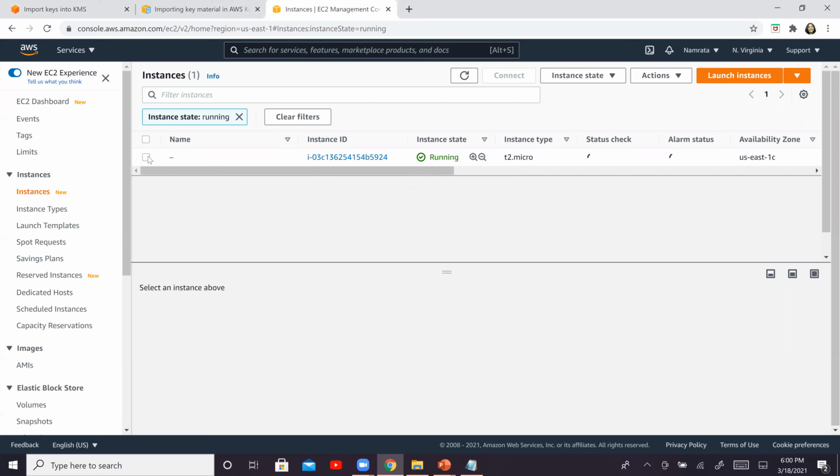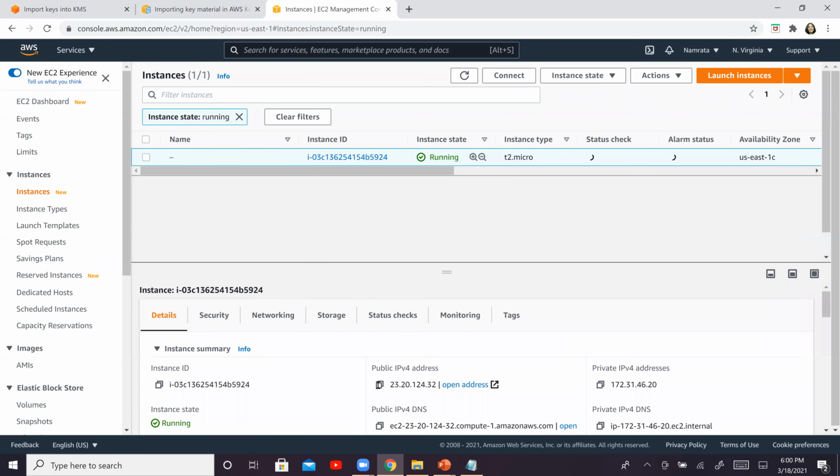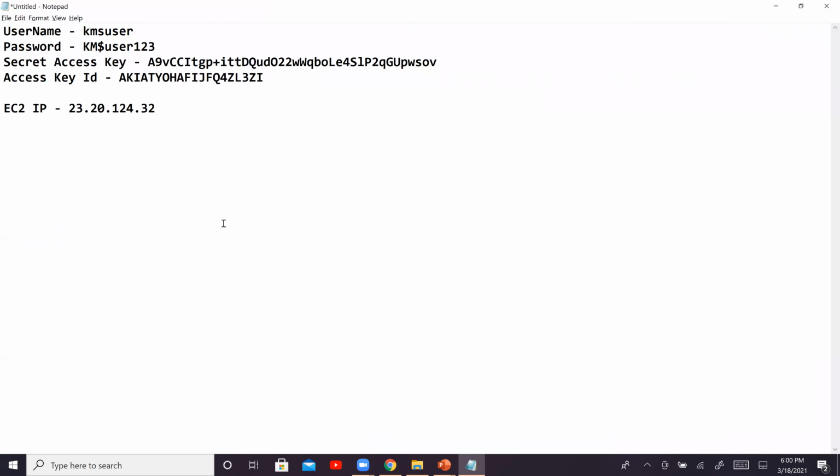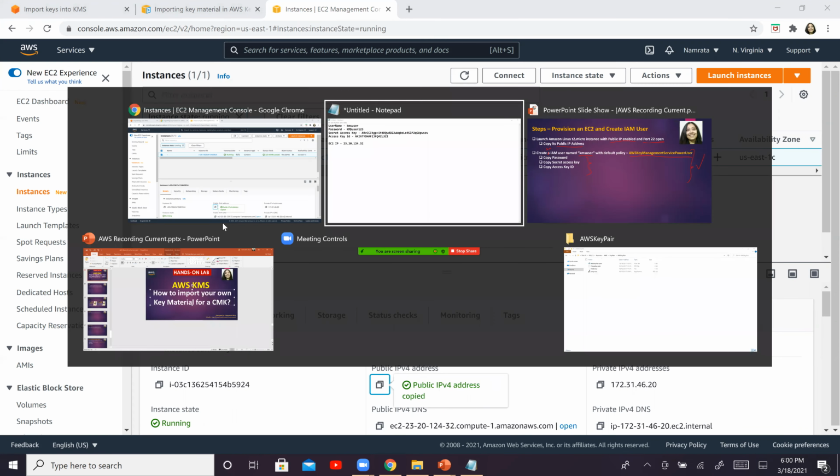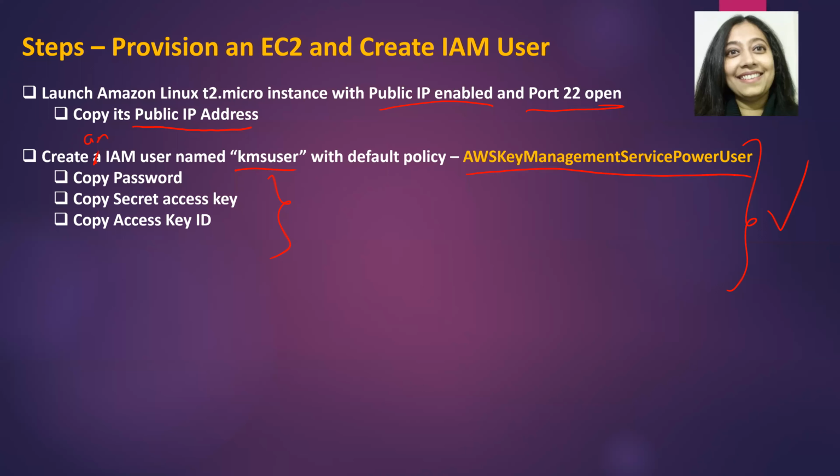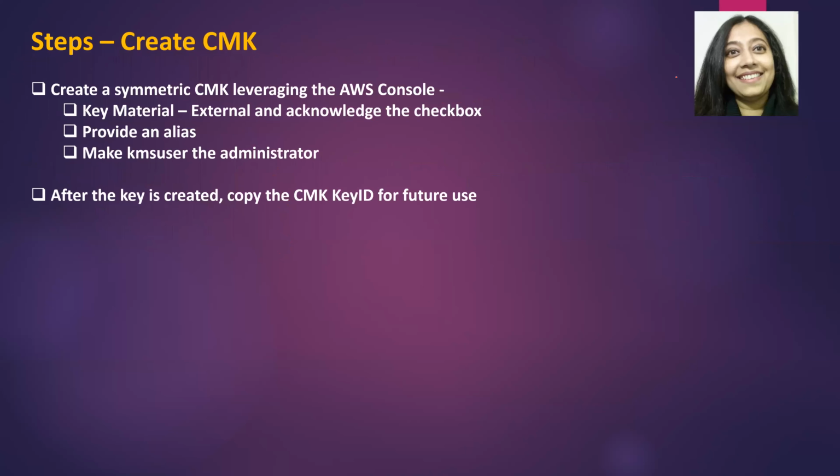There it is. And that is the public IP address. Okay, so we copied our EC2 instance's public IP address. So we have completed all of these steps.